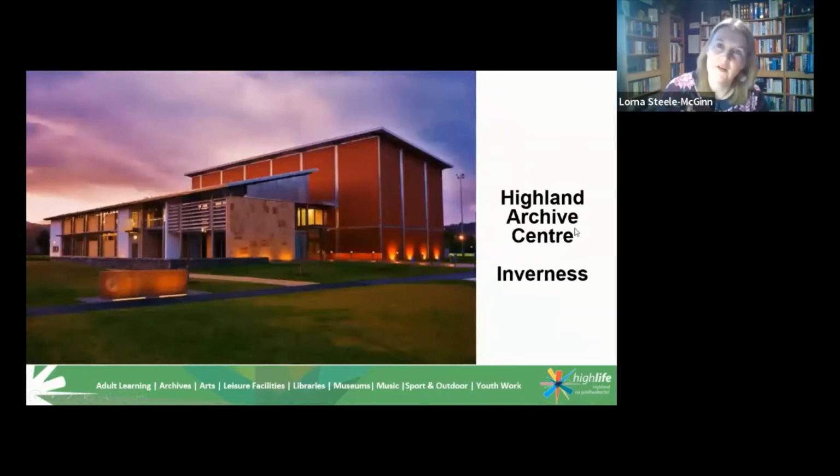So those are some that are held right across all of our offices, and you can contact any of them and say what you're interested in, and they'll be able to tell you what they have. But I wanted to focus a little bit on each one of the centres to show the collections that are specific to that building. So if we start at the Highland Archive Centre, which is the hub of the hub and spokes model,